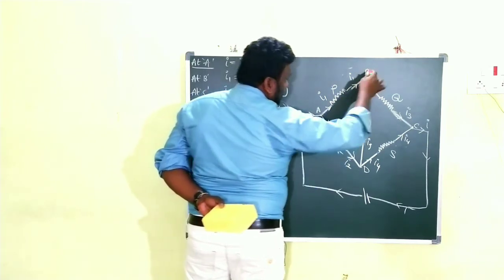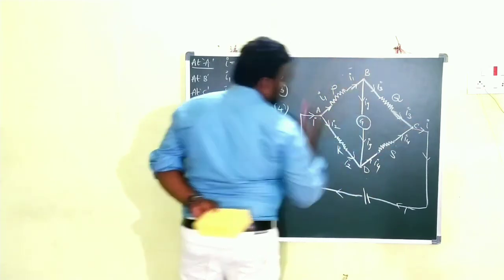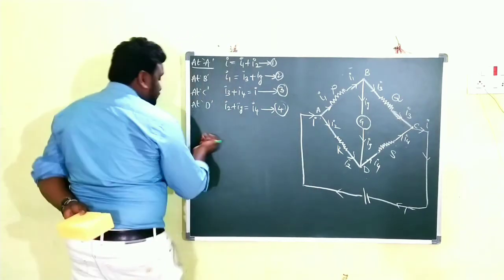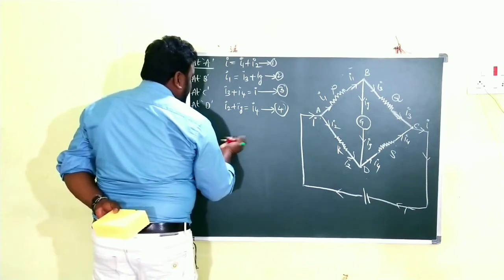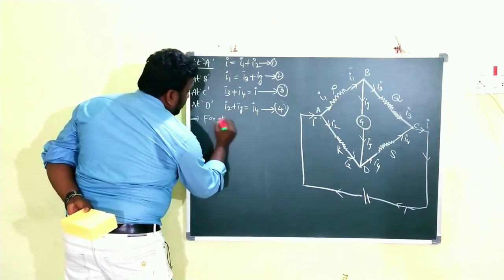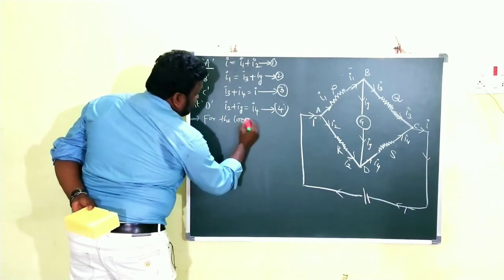Next one is B, C, D, B. This is another loop. So first thing is, now we have to apply the Kirchhoff second law. We have to apply the Kirchhoff second law for the loop. So here we are going to use it for the loop